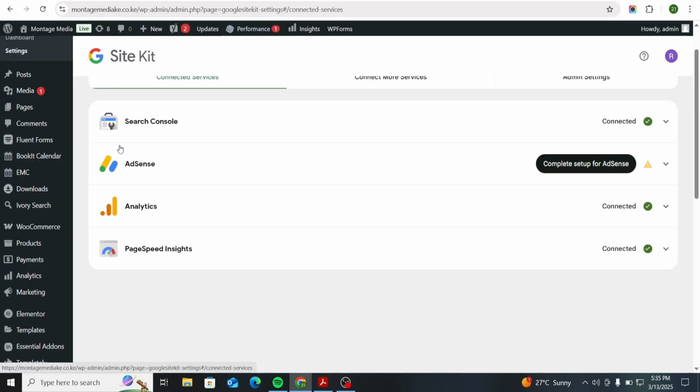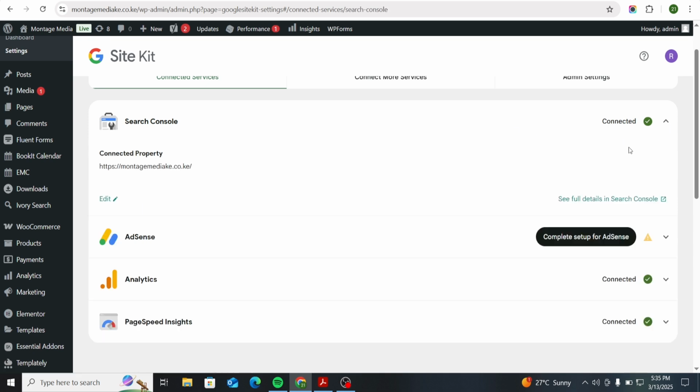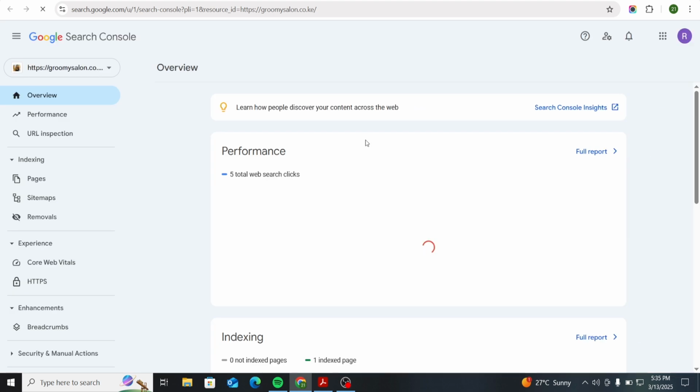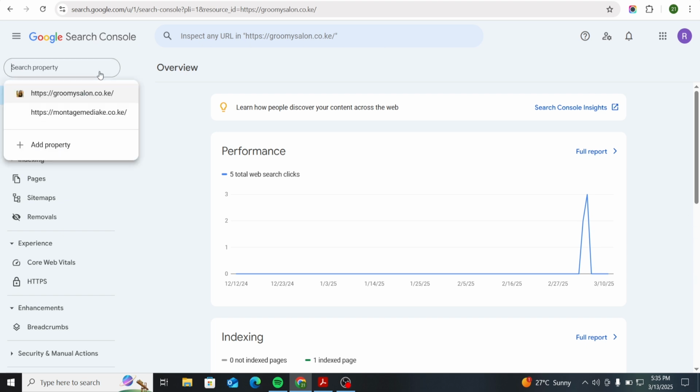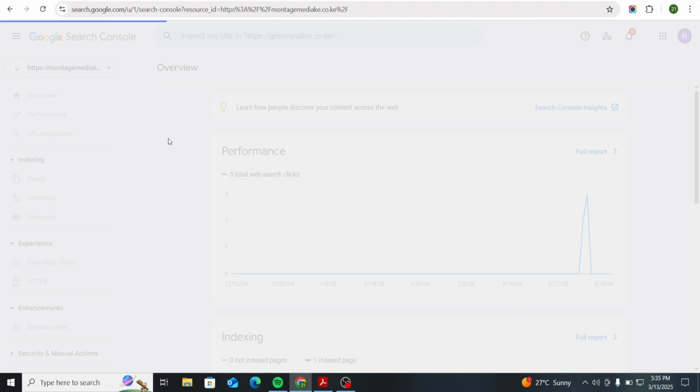Make sure you're opening the search console. Drop it down that way. Then see full detail in search console. Click on that. Okay. Now. So when it opens the Google Search Console, this is the interface that you'll be met with. Okay. So what we want to do is locate